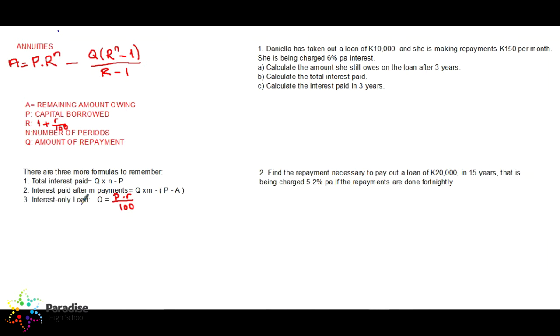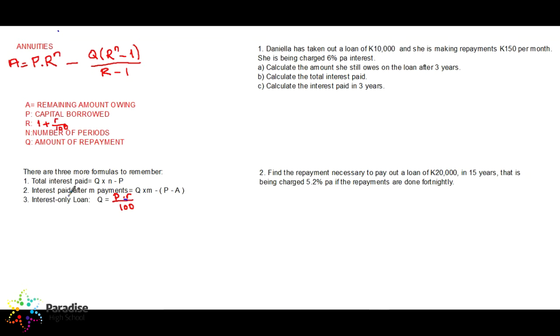Before you complete the repayment of the whole loan, it is Q times M, the amount of repayment times how many periods, M payments, minus the capital that you borrowed, and